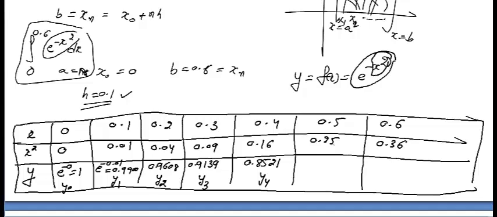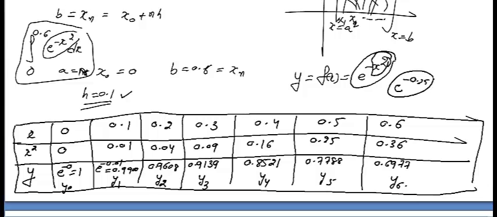If you want to find y5, I'm explaining it again, it is e raised to power minus x square. What is x square? 0.25. When you get the value of this from the calculator, you will get 0.7788. It is the value of y5. Another you will get 0.6977. It is y6. So I hope you understand.